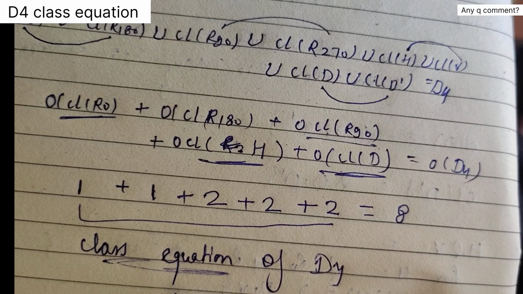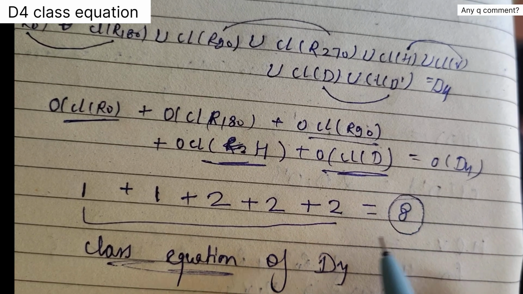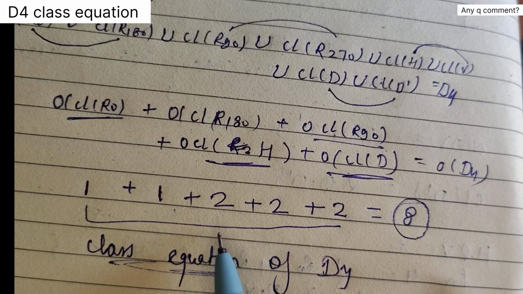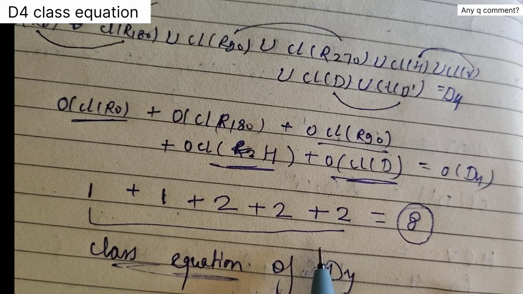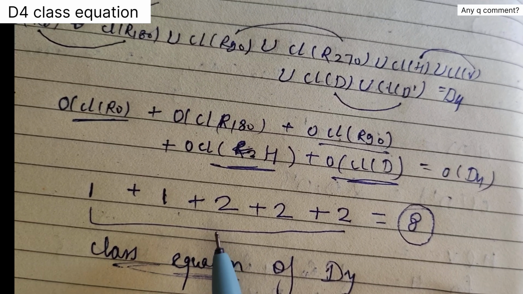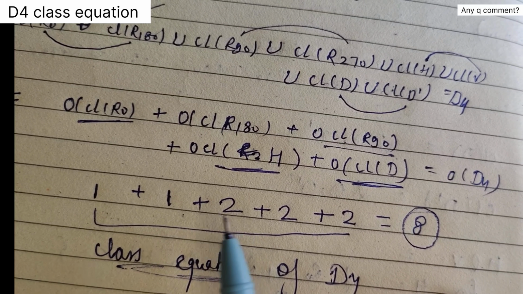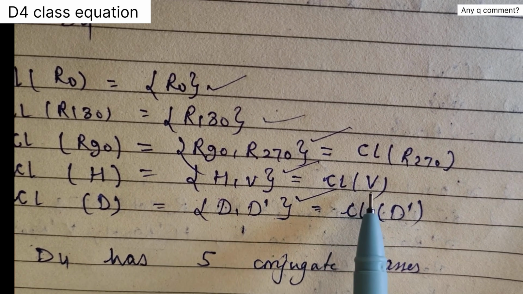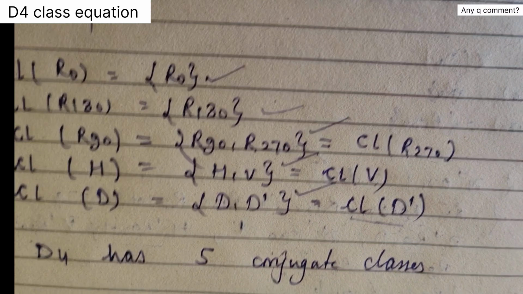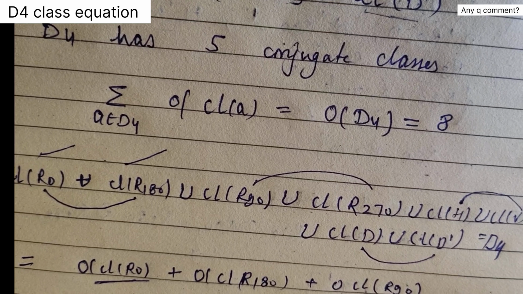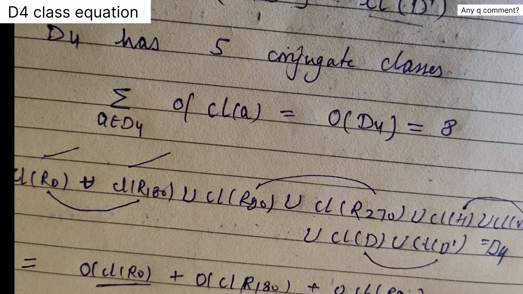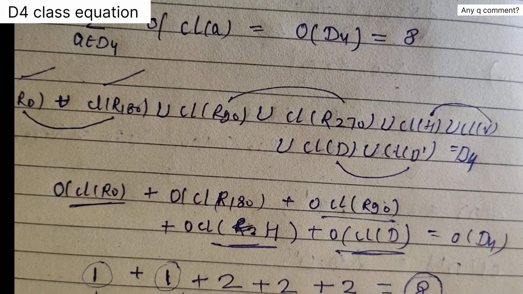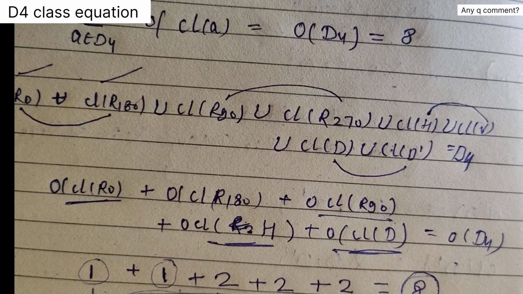It is just writing the order of the group as the summation of the conjugate classes of elements. In the case of D4, we had 8 elements, and we found the conjugate class for each element. Since R0 and R180 belong to the center, their conjugate classes consist of themselves only. After that, we found that the class of R90 equals the class of R270, the class of H equals the class of V, and the class of D equals the class of D dash. That is why we got 1 for R0, 1 for R180, then 2 for R90, 2 for H, and 2 for D. So this tells us how to write the order of the group as the summation of the classes of each element. Okay, next we will do